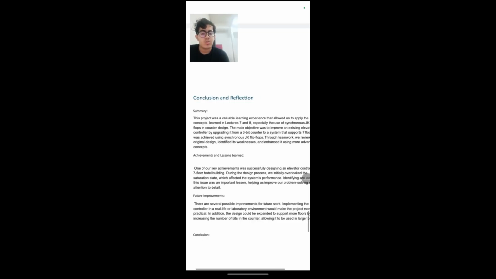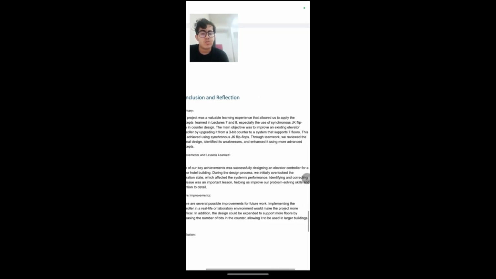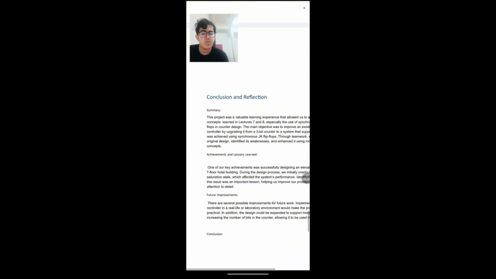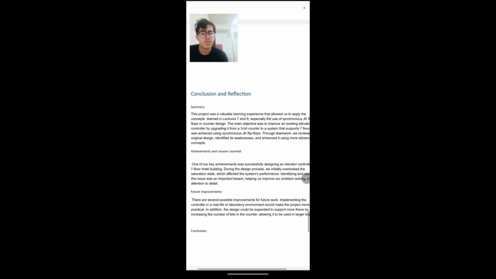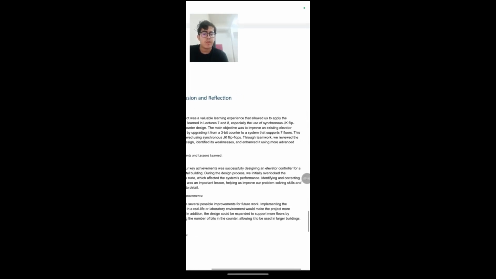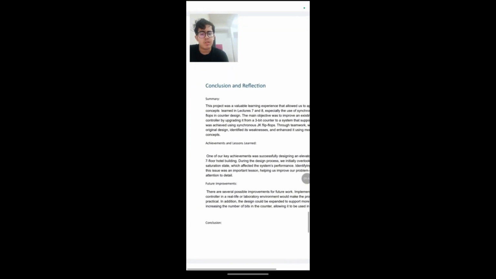Also, one of the achievements is that we successfully designed the elevator control for 7 floors. During the design process, we initially overlooked the solution state, which is affected by the system. Basically, the achievement here is that we had some problematic issues with logic,